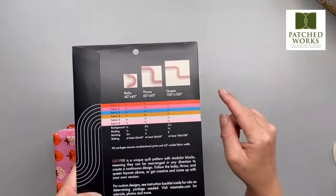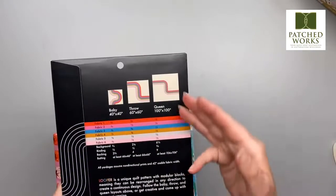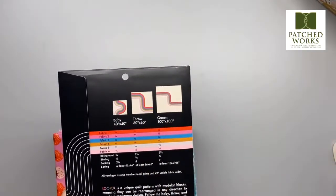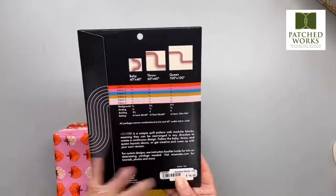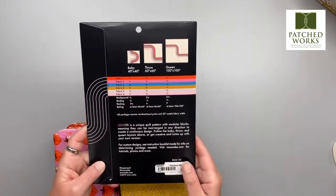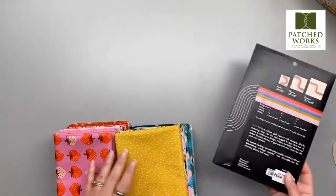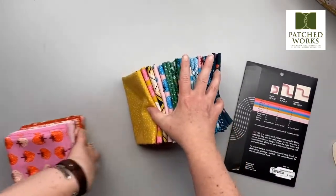So if we look overhead, you can see these are some basic concepts for how you could do the loops here, but it's just really kind of fun to have a nice little rainbow here. And it's very unique with modular blocks that can be rearranged in any direction. So lots of fun using 6 different fabrics. Really super cute